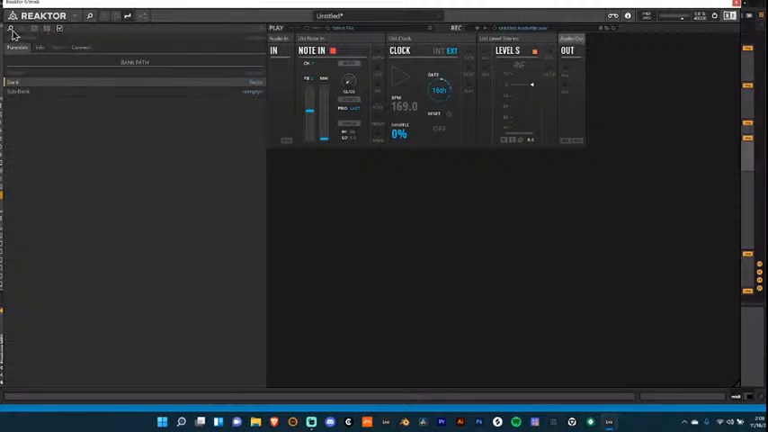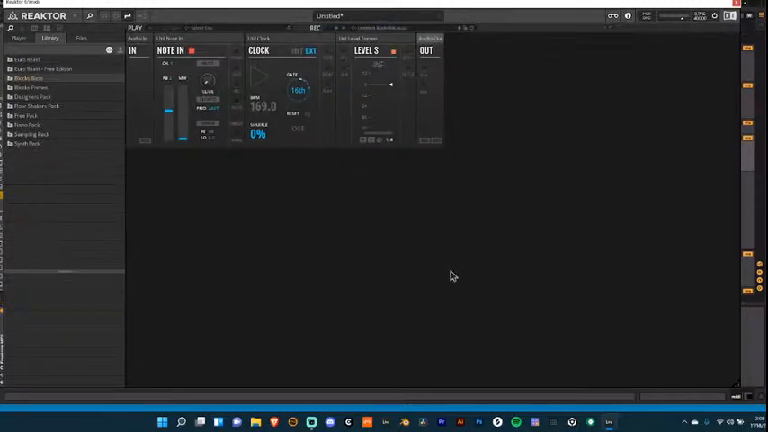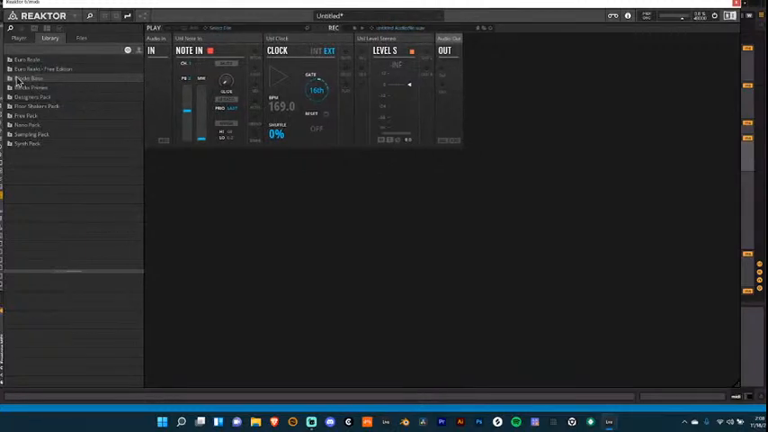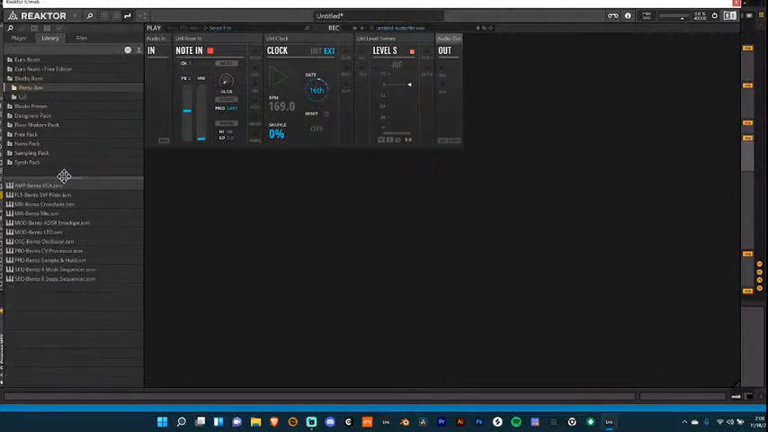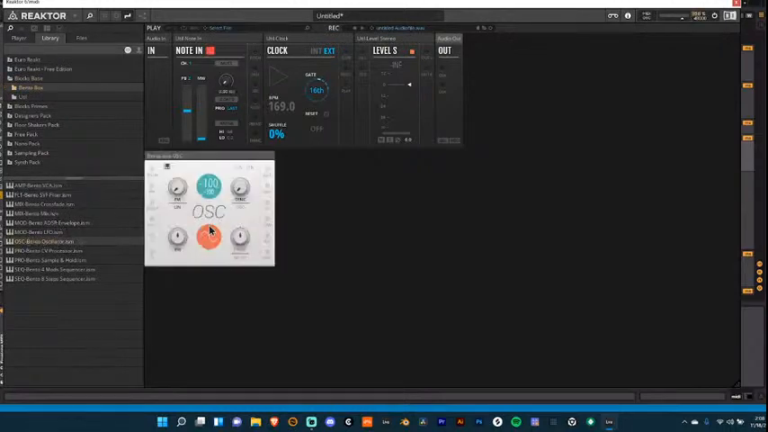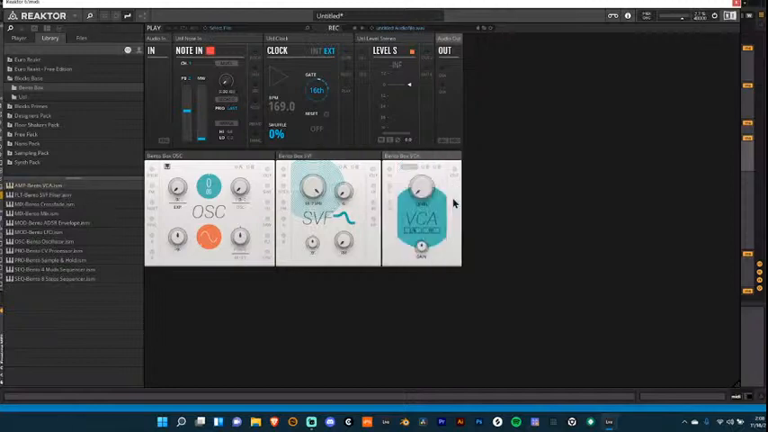So what I usually do is I just have it on search and library, and I go through these folders to find the blocks that I want to bring in. You may have seen my other intro to modular tutorial, so this will be a little bit of review. Let's start with the free blocks. So blocks base is going to be the free blocks that you get. So we can go into the bento box here, and let's get an oscillator. Let's get a filter, and let's get a VCA,